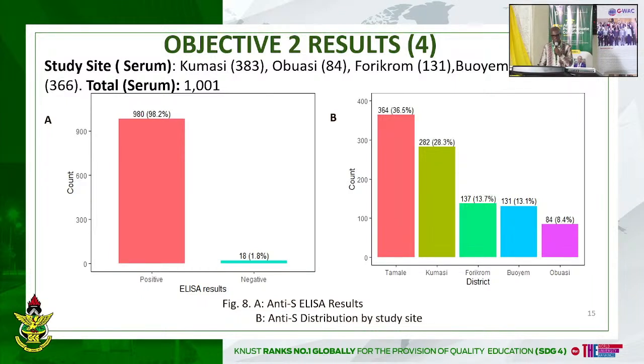And we have done anti-S ELISA, that is, for the spike protein of the virus. The results are seen in the table, with 98.2% of the total 1,001 being positive, showing that all these participants were exposed to the virus or have been given vaccination. And with the distribution, as you see at the end, Kumasi, Tamale, Forikrom, Boyem, and the rest with the percentages, Tamale is leading with